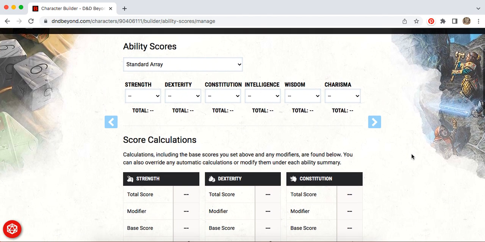And let's see. I'm going to start with dexterity. That's going to be my highest one because I'm going to be flipping around. What else would I need? I'm going to say that my monk is fairly wise, from a life of religious study, so I'm going to go with that.